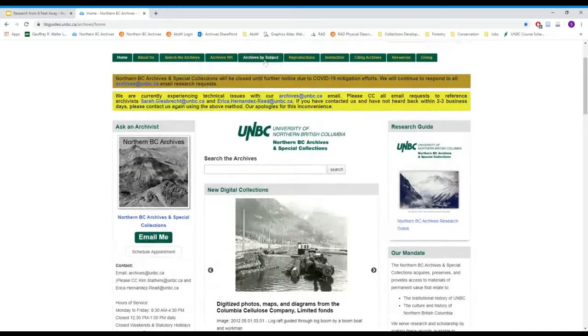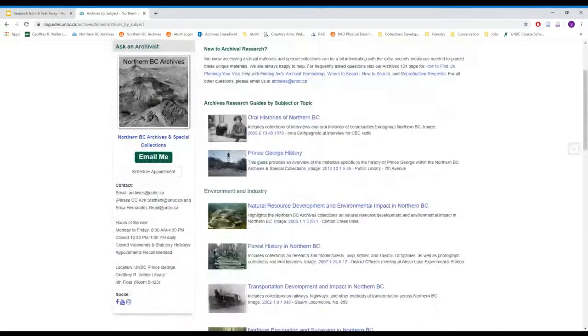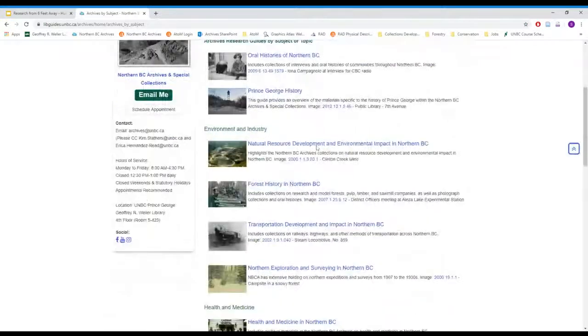So I'm going to go to the Archives by Subject tab. Archives are not organized by subject like libraries, but are organized by record creators in a type of collection we call fonds to preserve the context of the records. Occasionally, we will organize materials by format, such as a collection of maps or photographs, as a record's format will influence how and where we store it. This organization makes materials easier for us to find, but not necessarily for you.